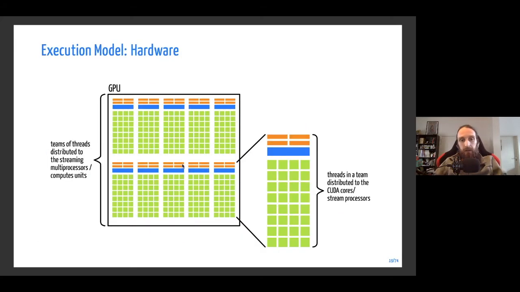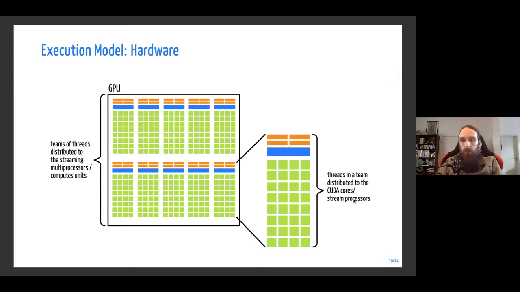And the idea is that it will map to the hardware. So when you create your teams, these teams will be distributed to the streaming multiprocessors on CUDA hardware, or NVIDIA hardware, and will be divided among the compute units in the case of AMD.